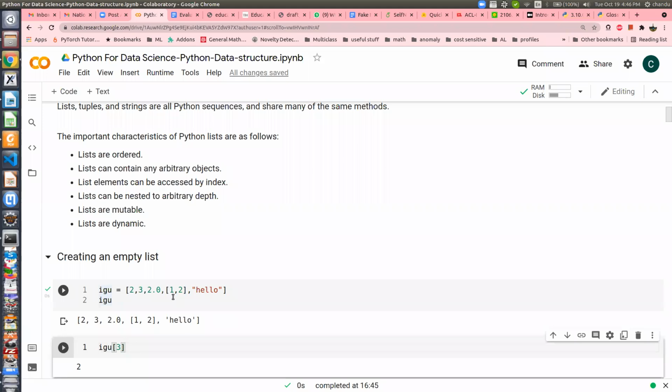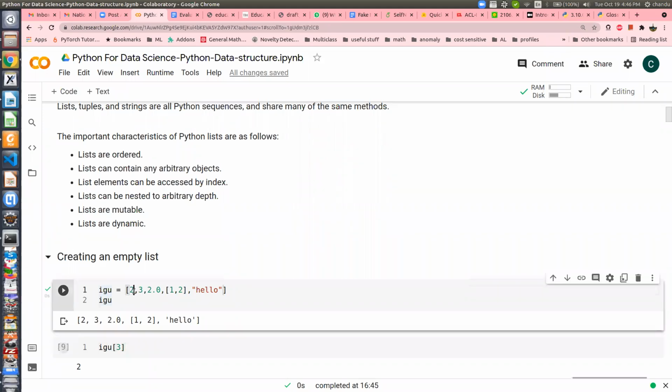So basically, if you look at the commas, a comma separates items. This is my first item at the 0th location, this is location 1, this is location 2. Because this is a float number, remember 2.0 is a float, so it is one item. Then the third location is this entire thing, the inner list.